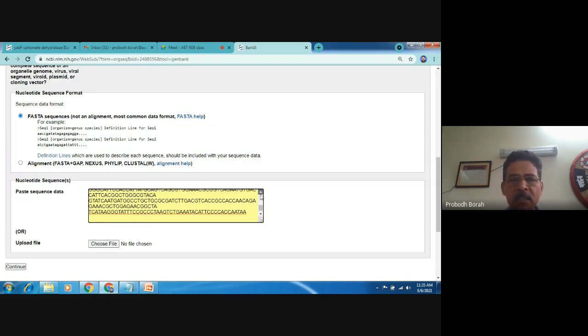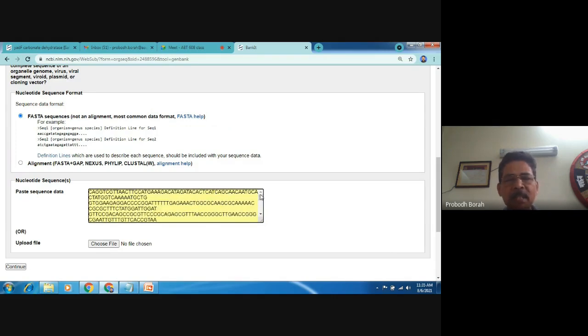This is the sequence that we want to submit. This is a partial gene sequence. We have not given the complete gene, only a partial gene sequence of yadF, that is the carbonate dehydratase enzyme of Salmonella typhimurium. So now, after loading the sequence information, we will click continue.